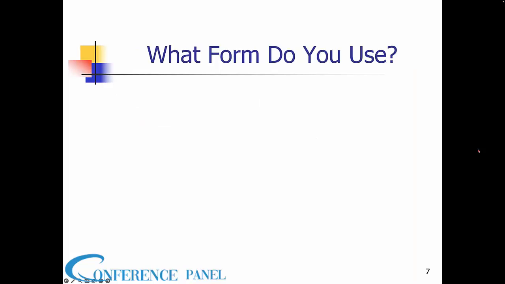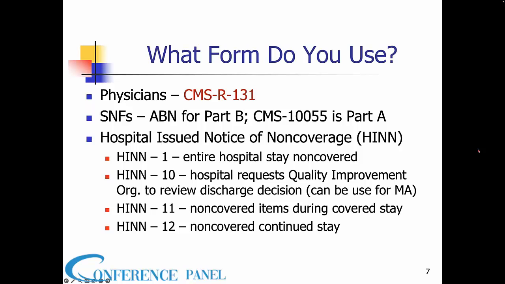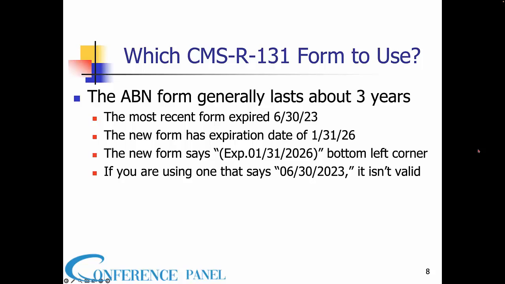What form do you use? Well, there's a magic form. You cannot use any other form if you are on Part B other than the CMS R131 form. Hospitals have their own forms. They're called HINN forms. That stands for Hospital Issued Notice of Non-Coverage, HINN. So the most recent form expired June of last year. So there's a new form. And the new form has an expiration date of 1/31/26. The form you're using in the bottom left-hand corner says EXP expiration